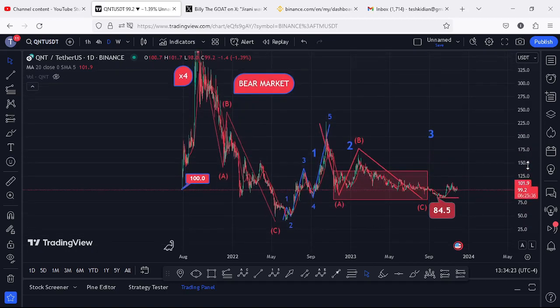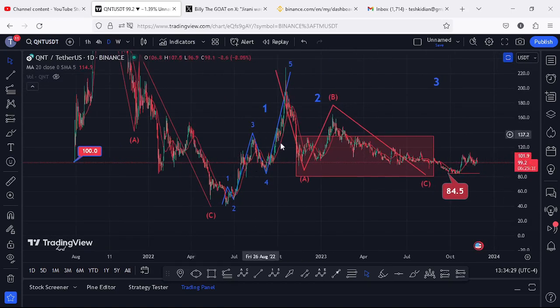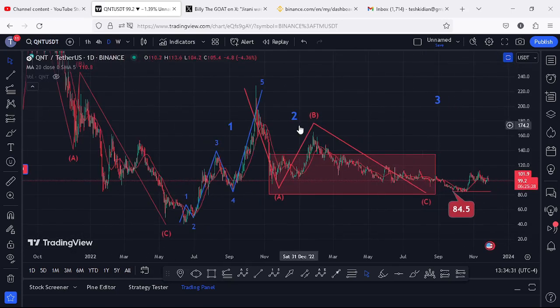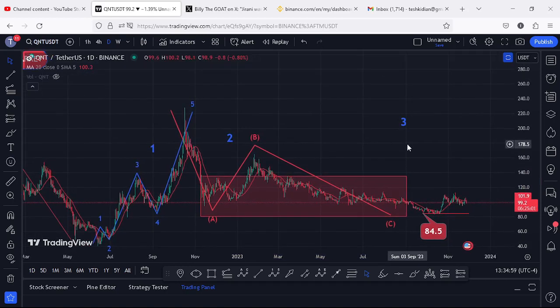Then we continued to obey the Elliot wave structures, where you can see that we peaked in a 5-wave move to the upper side, in a move that gave us a high above the $229 mark, completing the formation of this larger Elliot wave count 1. Then we saw a bit of a corrective structure in the formation of this wave 2 into the minimum target areas for the second wave, highlighted on the charts using this red target area, which is an area that we have not fully maximized, and chances are we now have a low in place, and in the next coming weeks or maybe months we can get another impulsive move to the upper side in the formation of this wave 3,